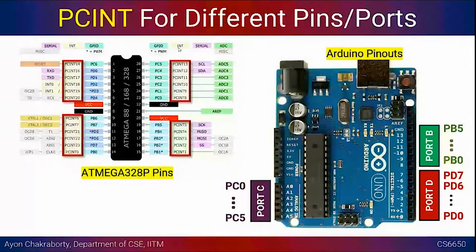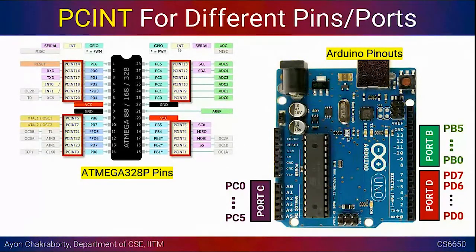So back to the pin change interrupt. Last class we were discussing interrupts in some detail, and we finished off ADC, and we were trying to discuss how to make the ADC driver more and more efficient, and then we took a little detour and gave you an introduction to interrupts. How are interrupts handled using the interrupt service routines and so on. Specifically, we looked at one kind of interrupt. We started discussing this PCINT, the pin change interrupt.